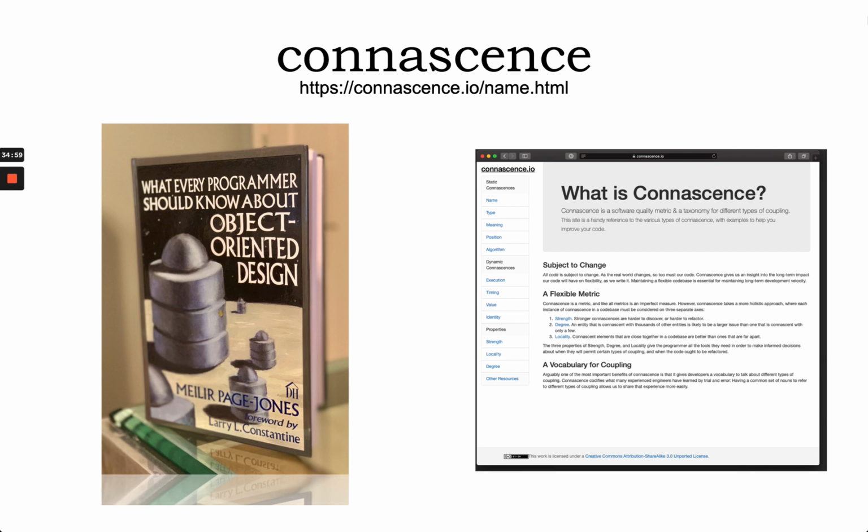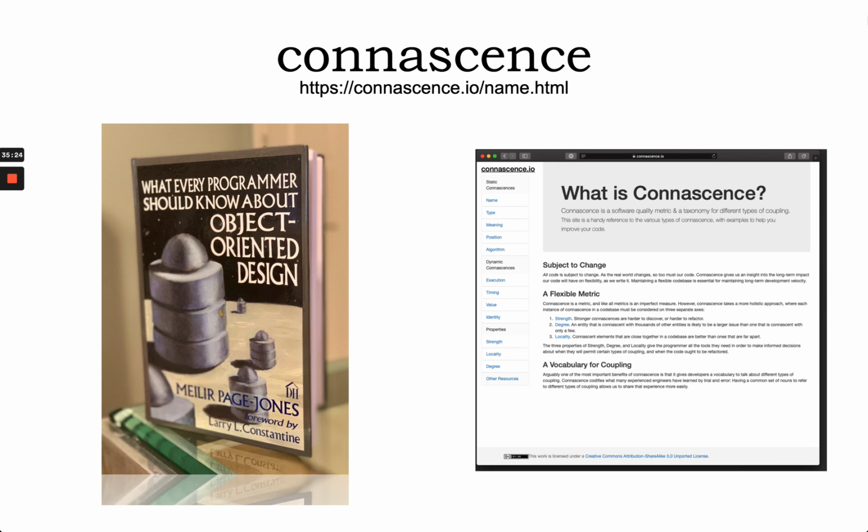Most of this book is not of very much interest in the current day because he is describing an object-oriented design methodology that basically nobody adopted when he proposed it back in the 90s. But the other cool thing he did in this book is define this term connascence that I want to spend a couple of minutes here